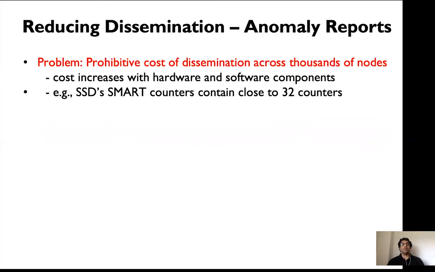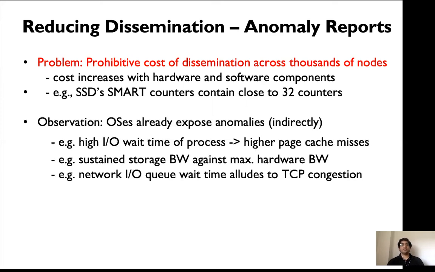One problem is that there could be a huge amount of micrometrics that need to be disseminated. Let's take a simple example of an SSD in a single node. Modern SSDs provide SMART counters, and there could be up to 32 SMART counters even for a single node. Now, disseminating this information across thousands of nodes has high overhead, and the cost would increase with the hardware and software components. One observation, however, we make is that the OS has already directly or indirectly exposed some of these